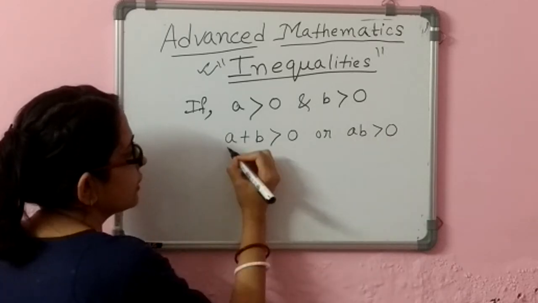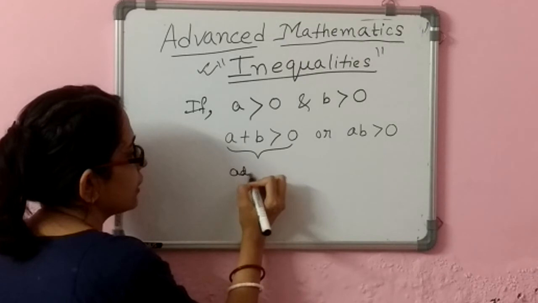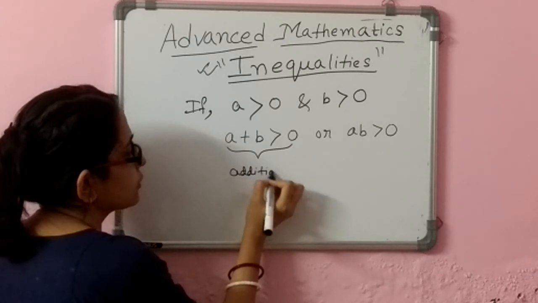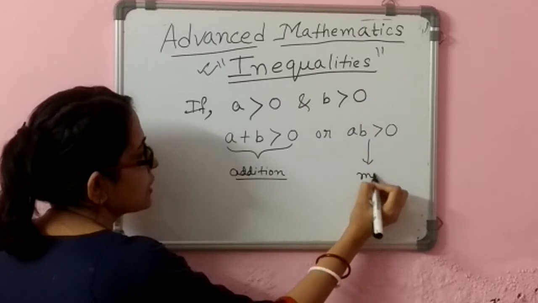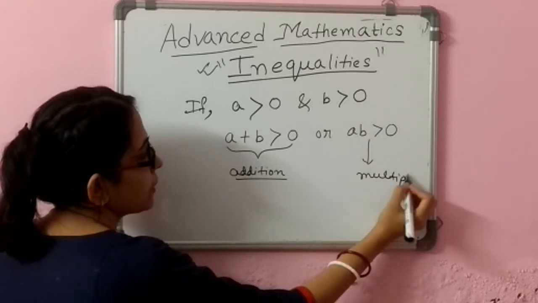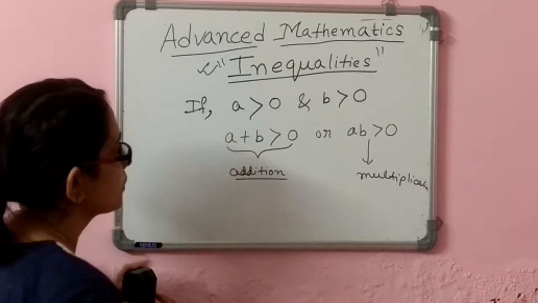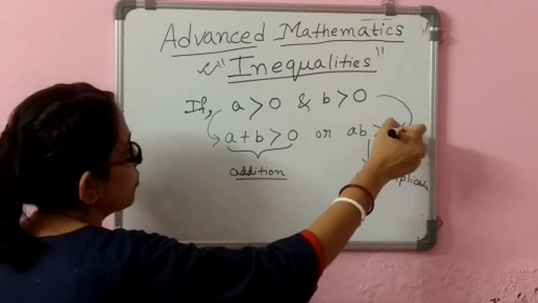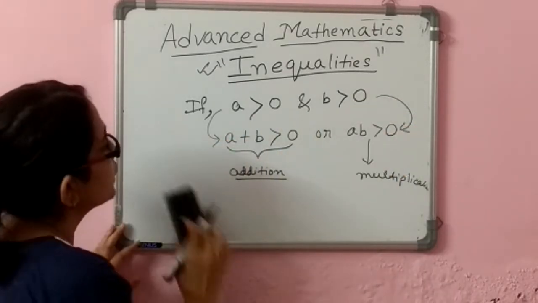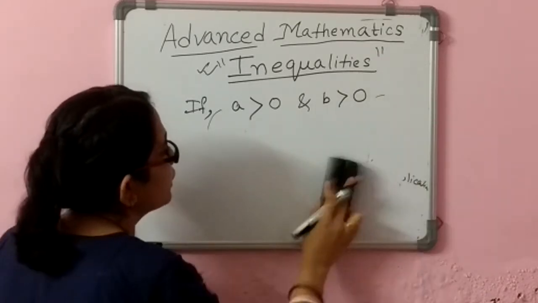That is, it follows the addition, and this follows the multiplication property. It comes under the additive and the multiplicative property. So explaining it in a detailed way,